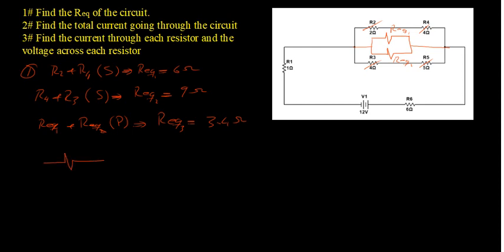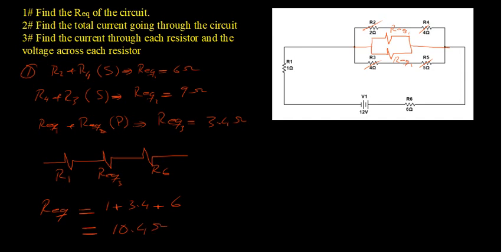This is resistor 1, this is equivalent 3, and this is my last resistor, which is number 6. And you can see they are connected in series. It should be very simple to find the total or the net equivalent for the entire circuit. So simply I will add them up, which is 1 plus 3.4 plus 6, and this will give me 10.4